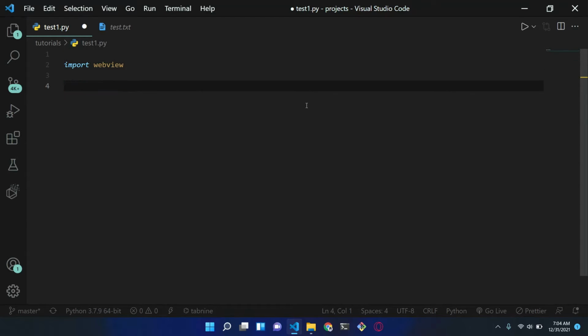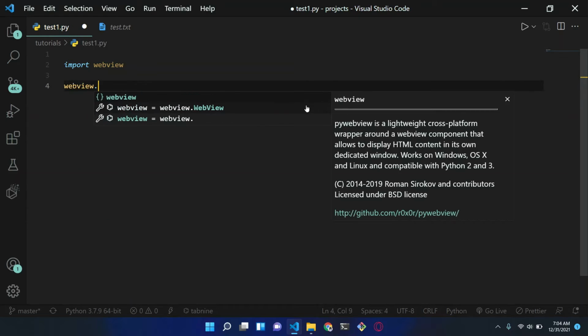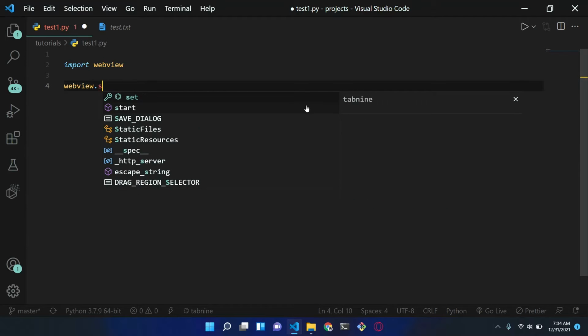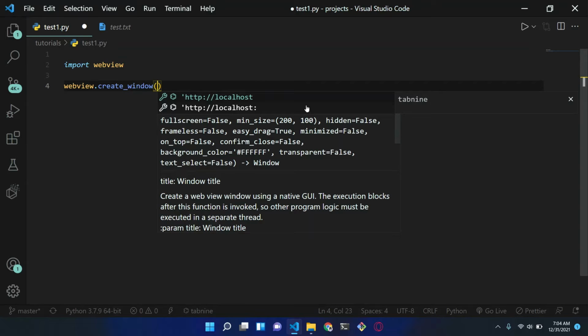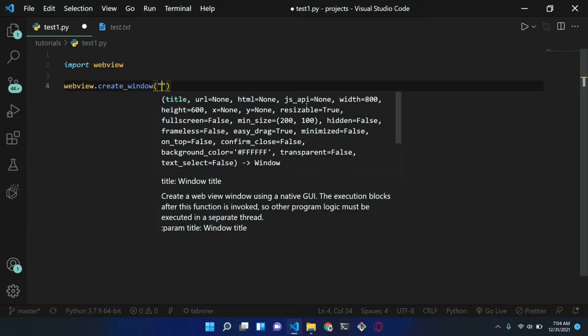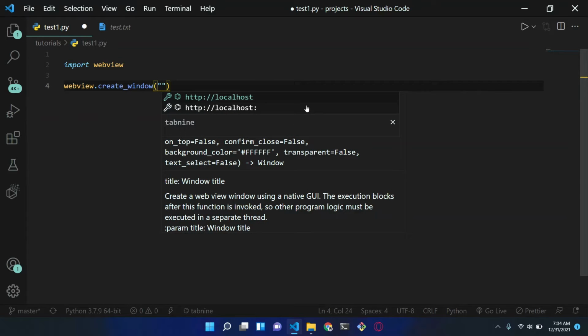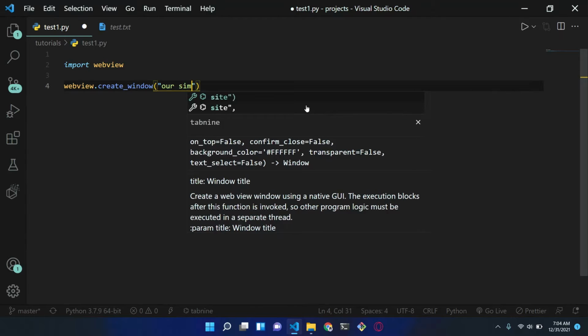After you import this, the next thing you're going to do is use that, right? So you have to first create the window, so window is equal to webview.create_window, and then we're going to give parentheses, which is our brackets, which is a function of webview. And then we're first going to mention the title. Let's say the title will be our simple browser,